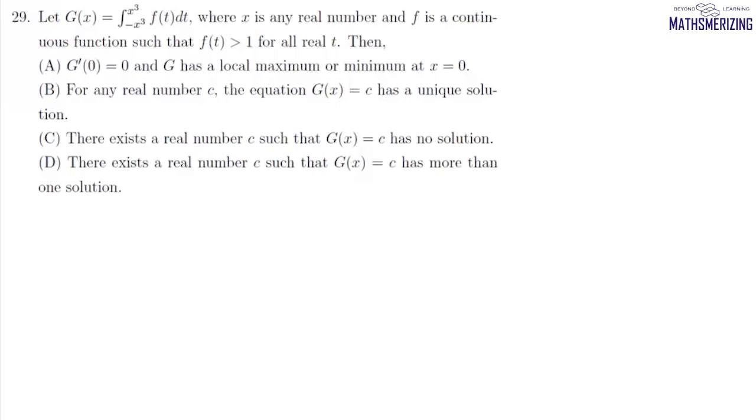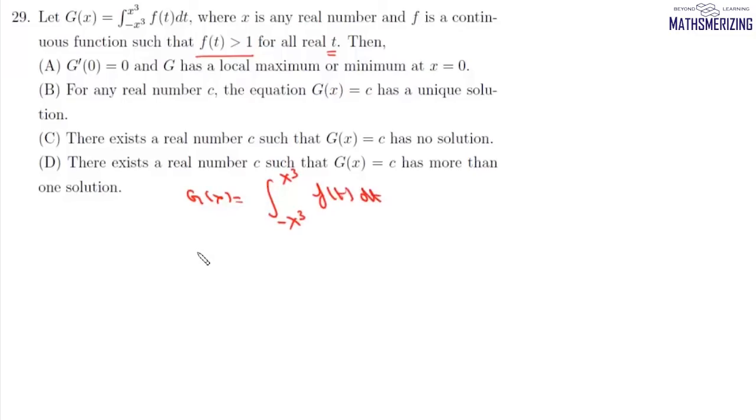And question number 29, it says this g(x) function is defined as this integral from minus x cube to plus x cube f(t) dt, where f(t) is greater than 1 for all real t. Then we need to find which of the following options is correct. Now we are given this function g(x) as this integral from minus x cube to plus x cube